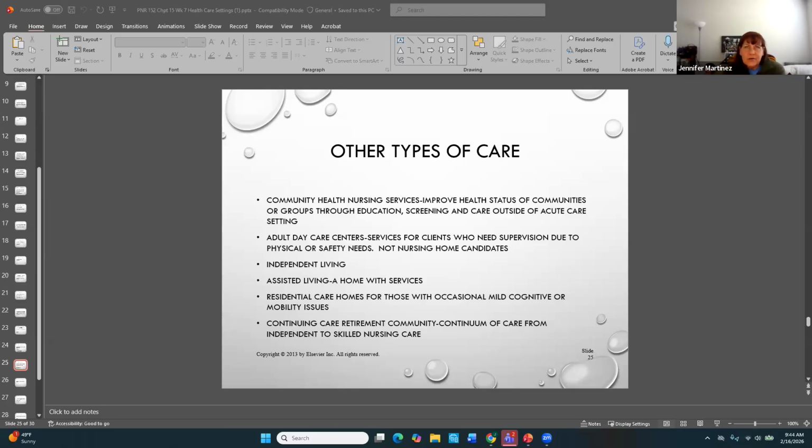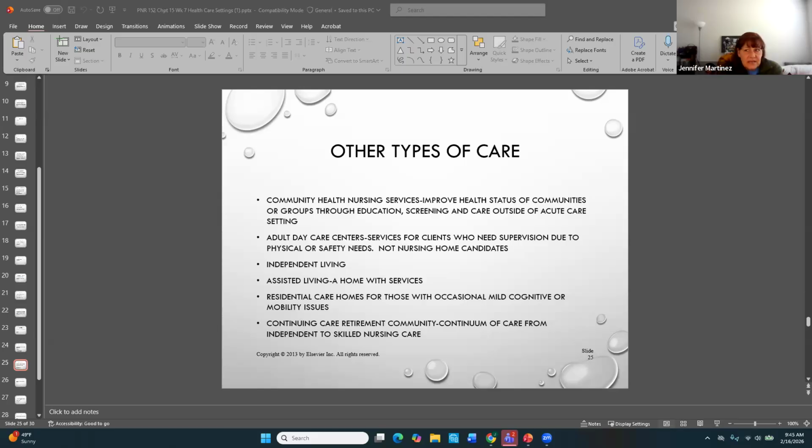And think about it, especially with some of our dementia patients, who may be a safety risk staying home by themselves during the day. They get the supervision and the socialization that they need, and then they still have the care when they go home.